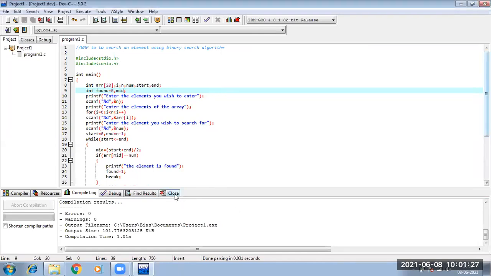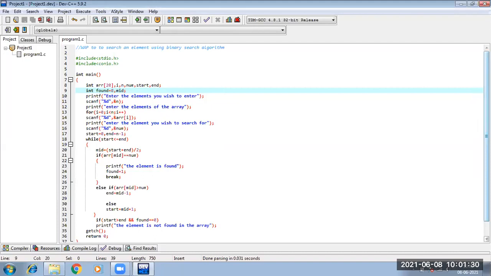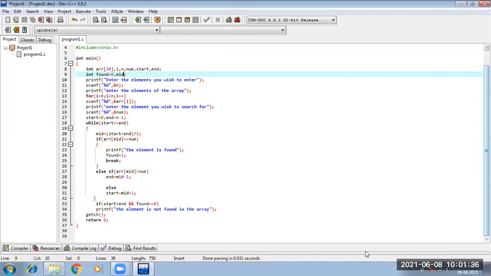So the logic which we learned in yesterday's class, we tried to execute it in the form of a C implementation using the algorithm which we have learned. Okay, so all of you have understood this thing, right? Yes or no? Yes ma'am. Okay, now we will go to the part of finding the complexity. So now we will emphasize how to find out the time complexity of this binary search algorithm.